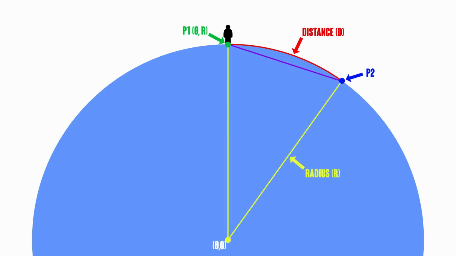We will draw a triangle using P1, P2 and the center. This is our main triangle. Then we draw a line from P2 perpendicular to the opposite leg. This gives us two right-angled triangles. Let's call the one closer to the circle T1 and the one farther away T2. The point P3, where this perpendicular line intersects, well, the distance between P1 and P3, indicated by h, is what flat earthers call a drop.